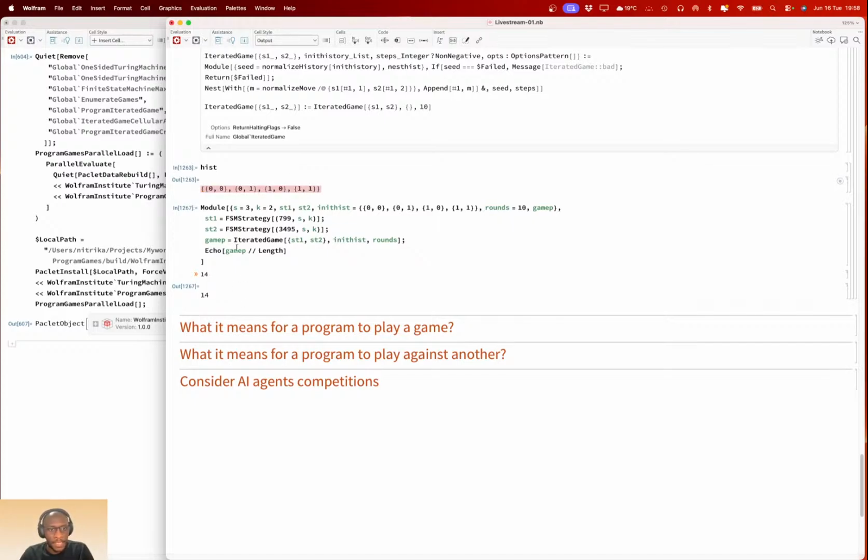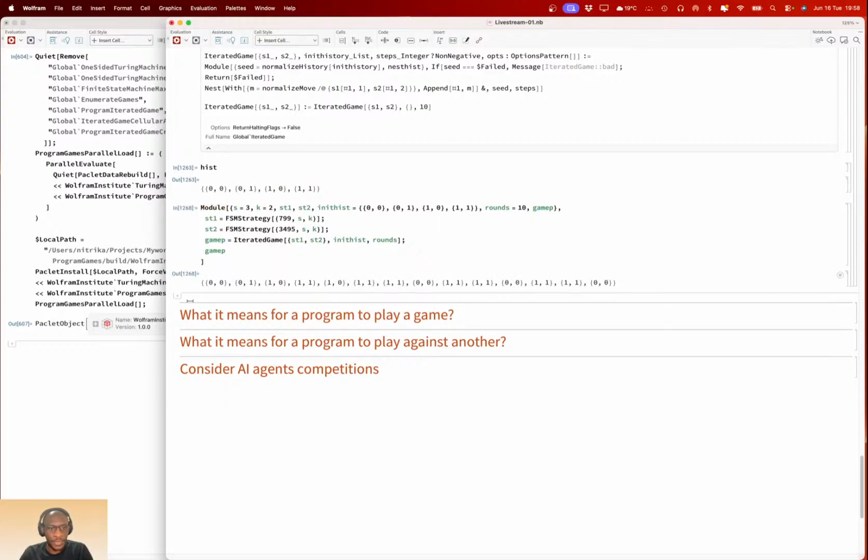So based on the initial history, moves are made, and those moves are for each of these machines, right? You take a machine. Let's make this program one, program two, P1, and then player one and player two.